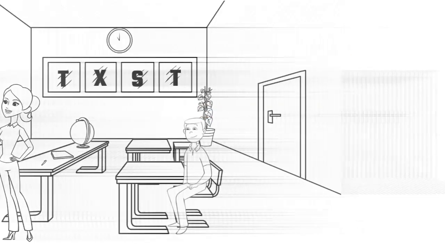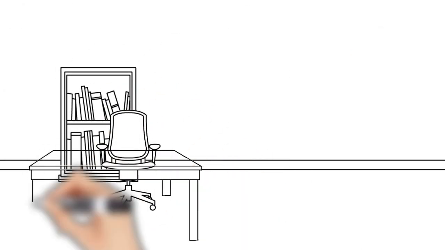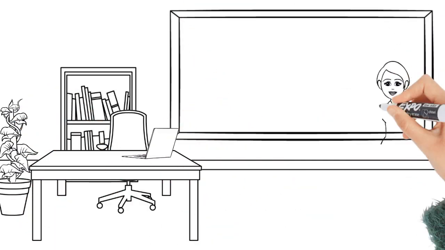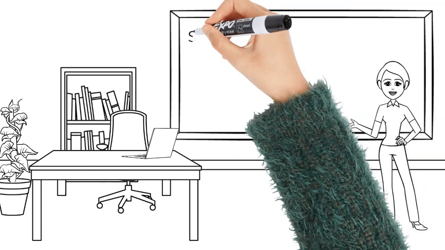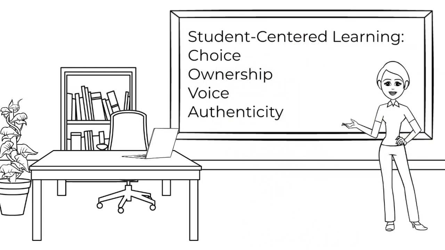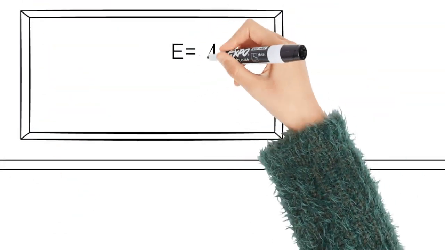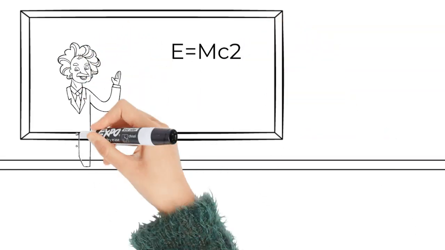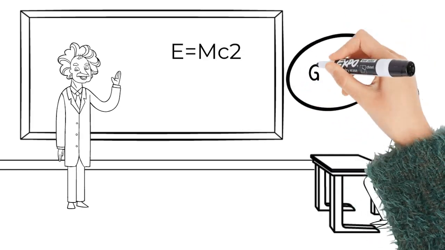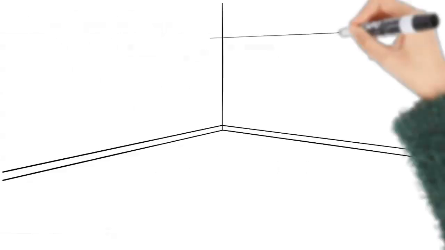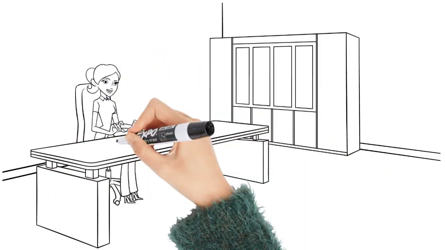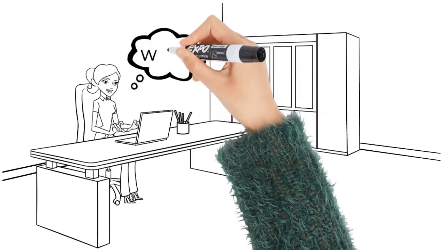And when I became a teacher, and especially as I studied curriculum design, I understood how giving the student choices in their learning and explaining the relevance of each lesson truly increases engagement and retention. Even when content isn't the most riveting, the key is to communicate why the learner needs to know this information and consider how it can be presented in ways that make it relevant to the learner. When we keep the why at the forefront of our lesson designs, we are looking at the foundation of student-centered